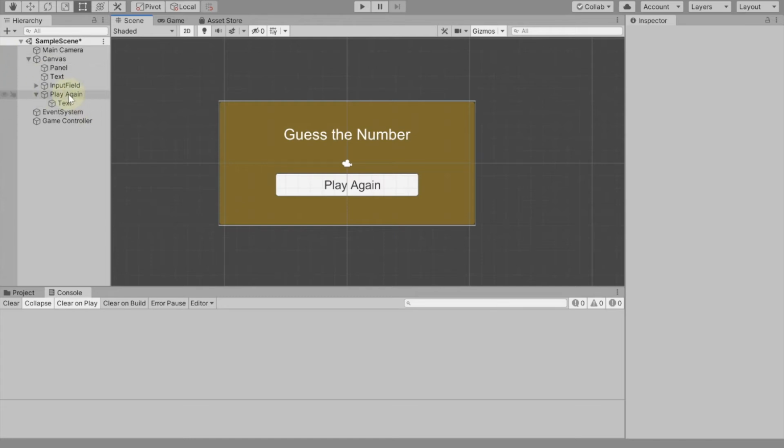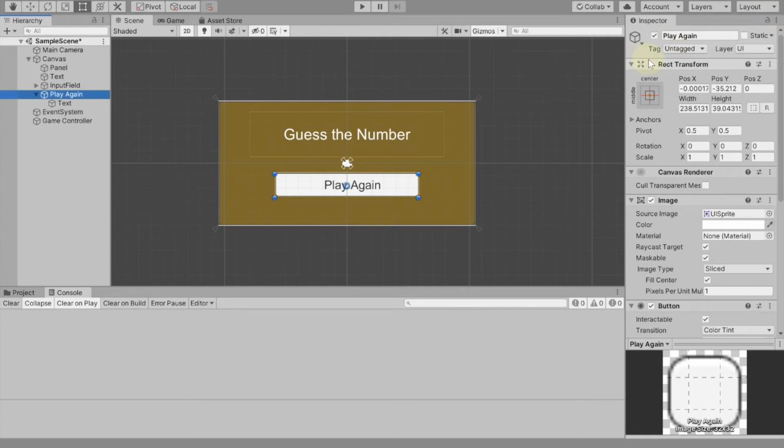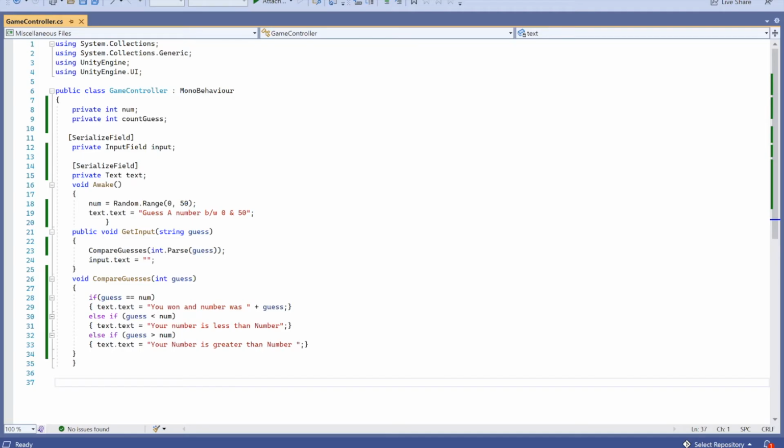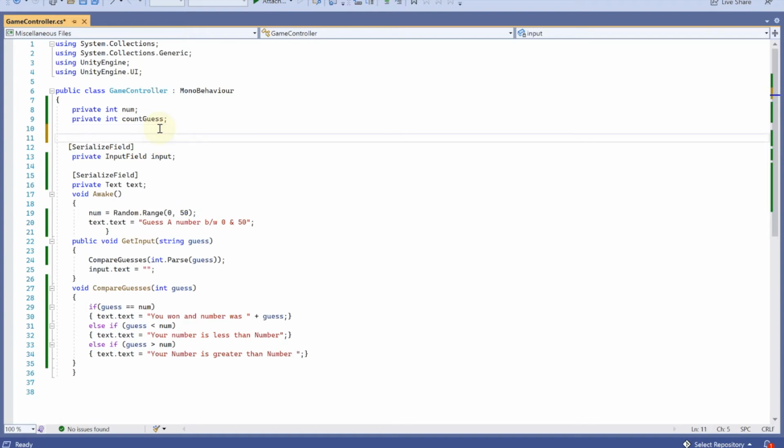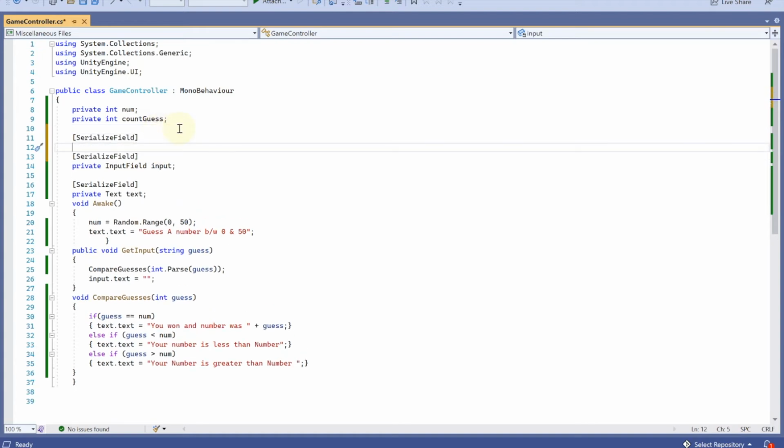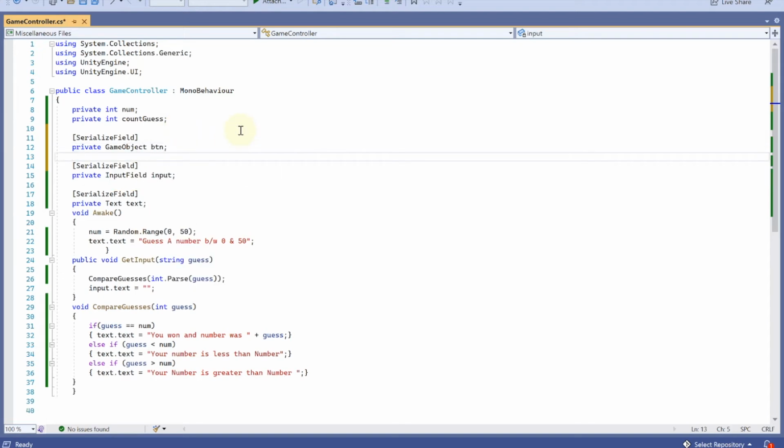and I will control this button according to the script. So I want to control it with a script. So I will go back to my script here, and I just have to add a new option here, which is basically serialize field. I'm gonna create a new serialize field here, and this serialize field is going to be a private game object, and this object is btn button. So I've created a new button object here,